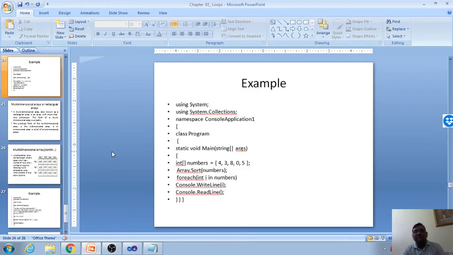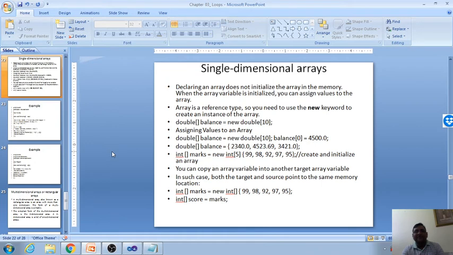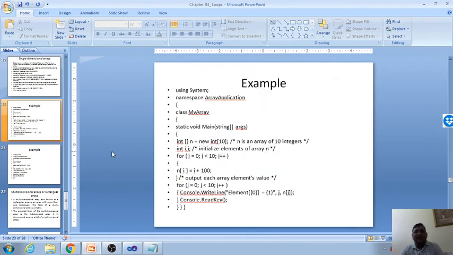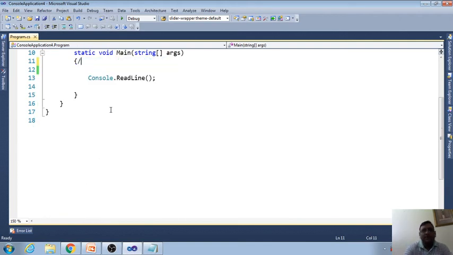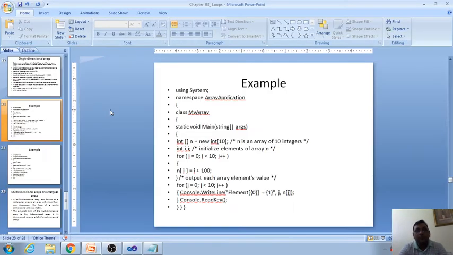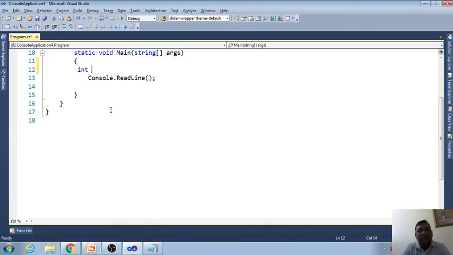First come to the single dimensional array, how to create the single dimensional array. Come, I will give you one example of how to create the array. I am going to create one array. To create the array, first we write the data type, then the name of the array equal to new int, and here we write the size 10.